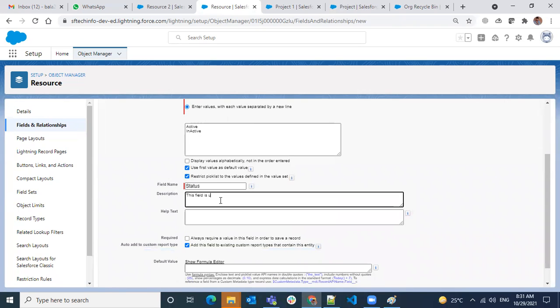This field is used just to store the status of the resources, whether active or not.